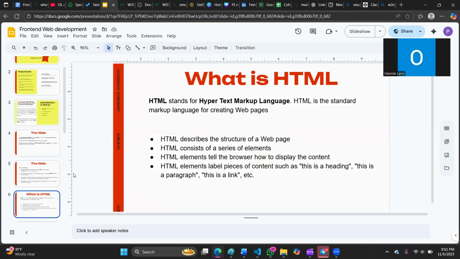What is HTML? HTML stands for Hypertext Markup Language, and this is the standard markup language for creating web pages. We have other definitions of HTML, or will I say characteristics of HTML. So HTML is used to describe the structure of a web page. It consists of a series of elements. The elements in HTML tell the browser how to display the content, and then HTML elements